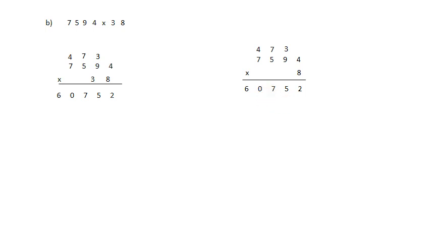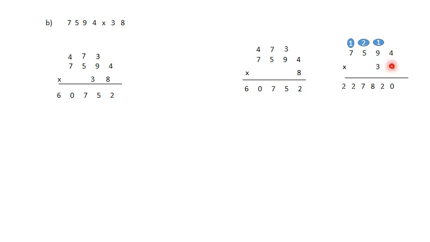Okay student, no need to do this separately. I have just shown it for your explanation, to show how we multiply by 8 first and then we are going to multiply by 3 here. So if you are not doing this, it's also fine to do it directly. You can start here. 8 4s are 32, 8 9s are 72, 72 plus 3 becomes here 75, 8 5s are 40, 40 plus 7 becomes 47, 8 7s are 56, 56 plus 4 becomes here 60. Then what we'll do, we'll place here 0 and then we'll multiply by 3. 3 4s are 12. What we'll do, 1 here encircled and we'll write down here, just here and here.